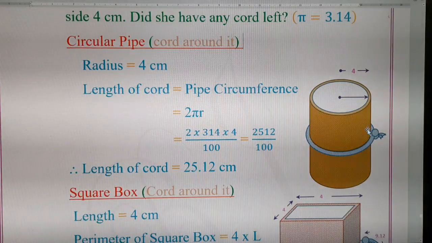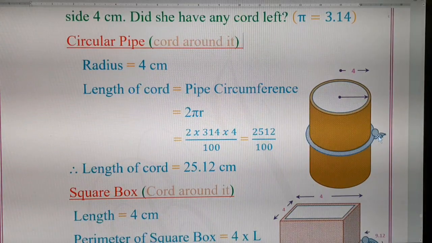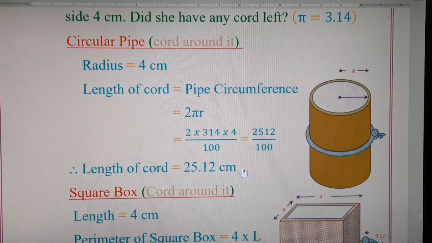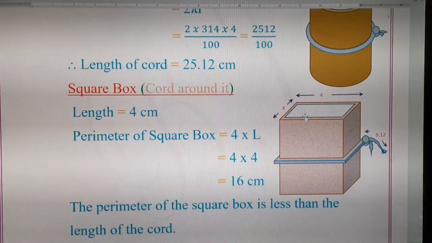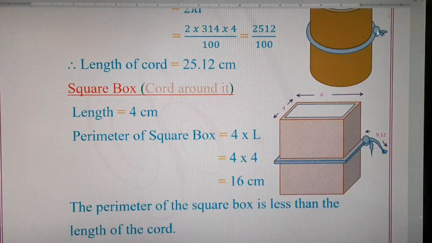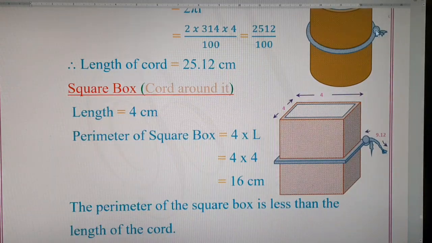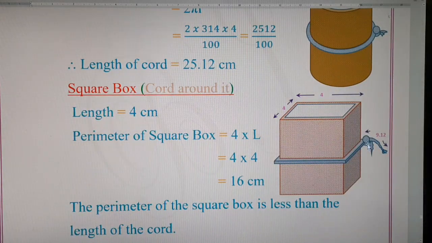So that will be the exact length of the cord. So this cord is of measurement 25.12. Cord means rope, a type of short rope which is called a cord. Now we are wrapping this same cord around a square box. So she is untying the knot, and then she is tying the same rope around the square box. And we have to find out whether any extra length of rope is